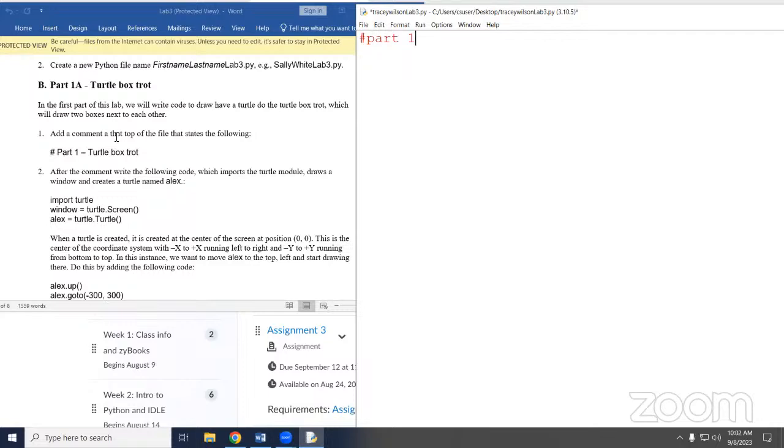If the directions say comment and you don't put a comment in, I take at least a point off your grade. And if it's only 10 points, that's a letter grade, right? So if it says add a comment, add a comment.